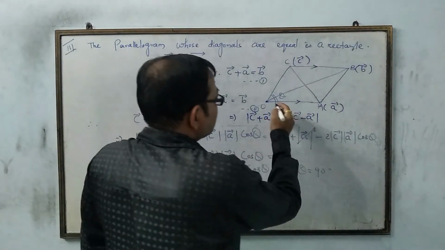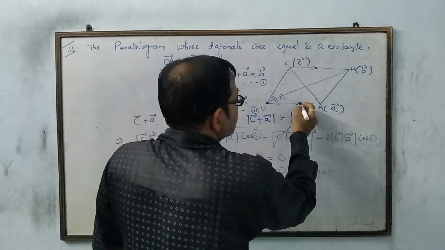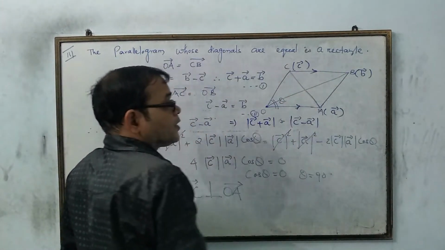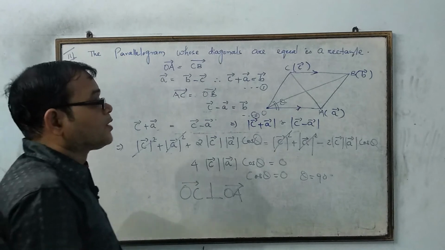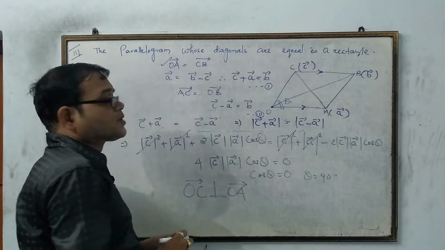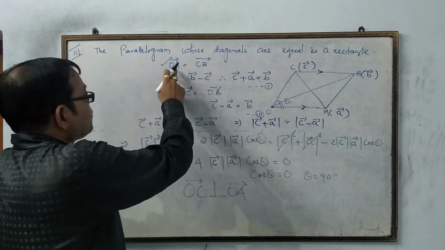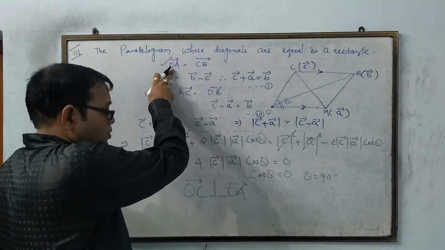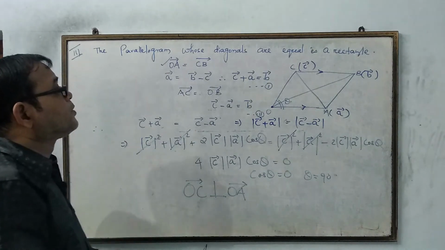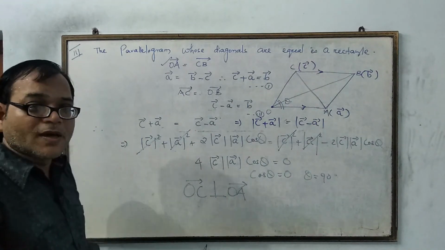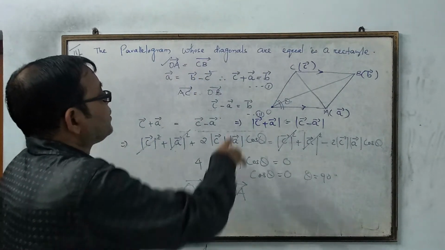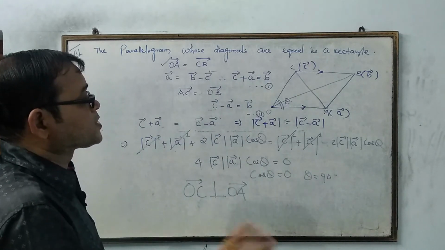It is a parallelogram, so OA is equal to CB. You see, OA is equal to CB. Don't write OA equal to BC, because OA and BC are anti-parallel. It cannot be parallel. Therefore, OA is equal to CB. Then what is the value of OA? Position vector of A minus position vector of O, or we can say OA is equal to vector A. So vector A is equal to CB, which is the position vector of B minus the position vector of C, that is B minus C. Therefore, B equals C plus A. We got the first condition.